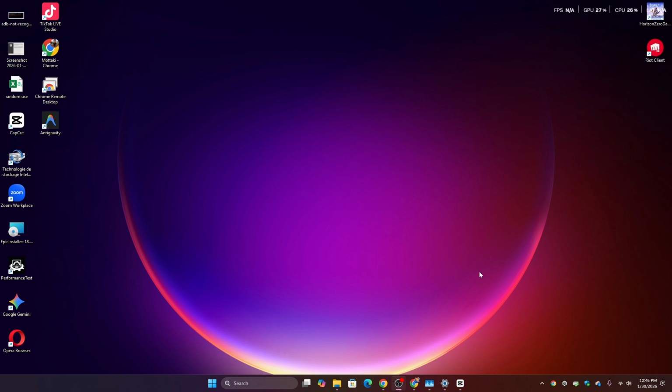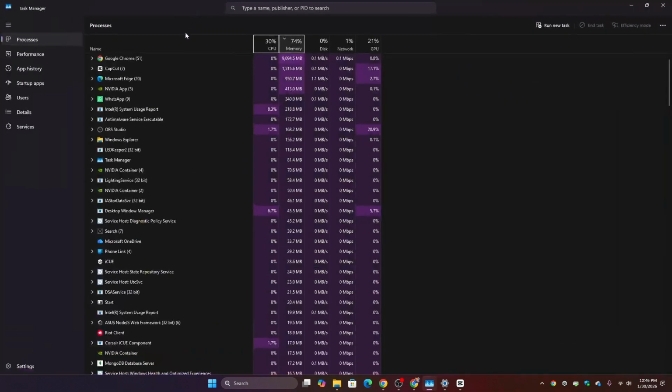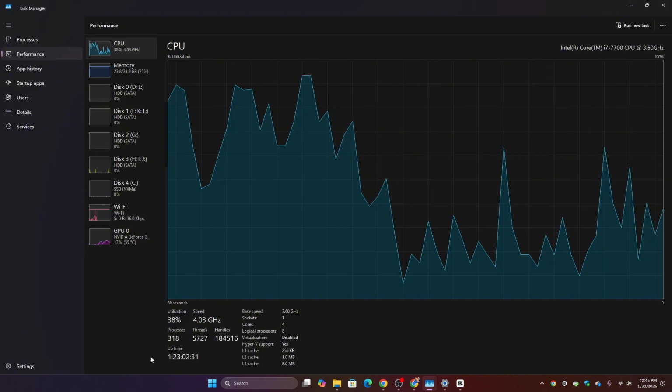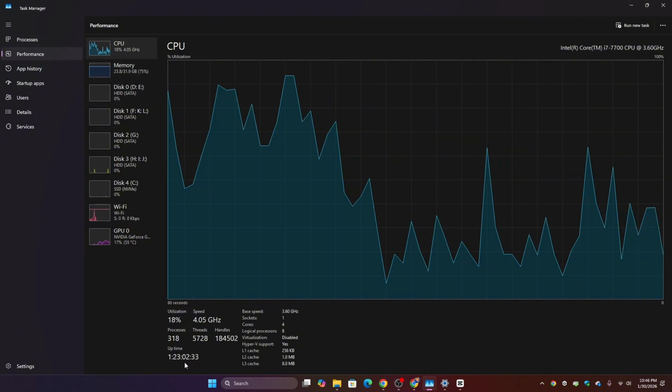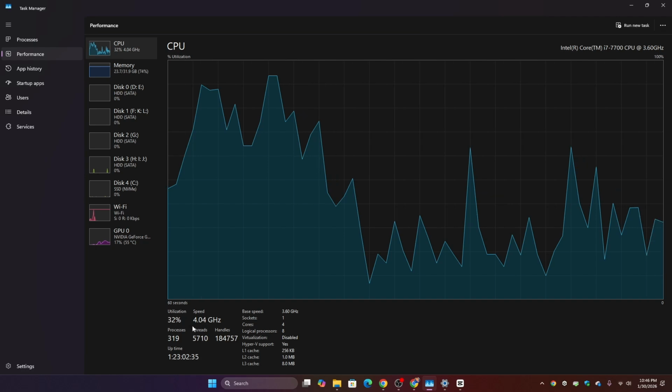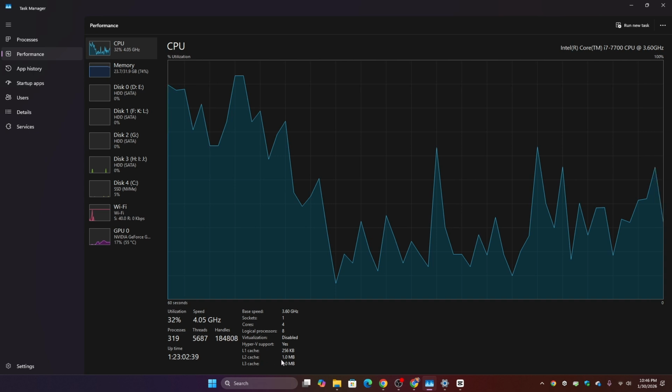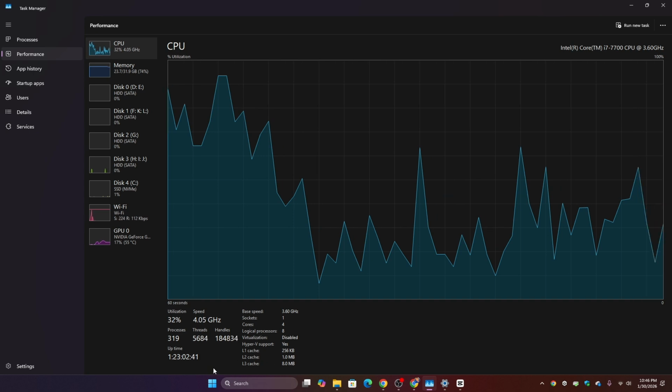So actually we need to go here, right click, then Task Manager, and you need to go to Performance. Then if you check your CPU, you will have this amount. If you don't find the CPU temperature, as in my case, I don't find it,